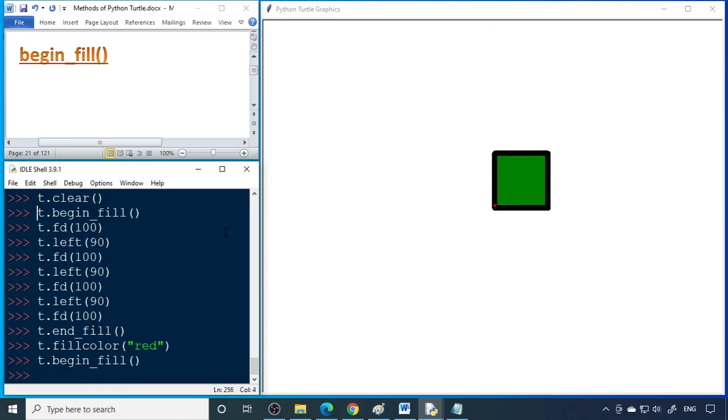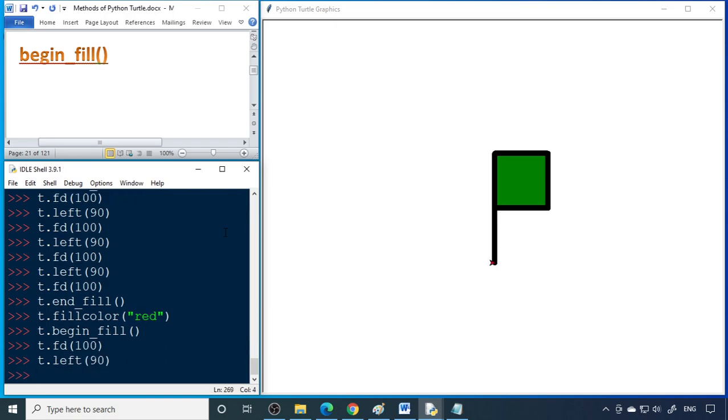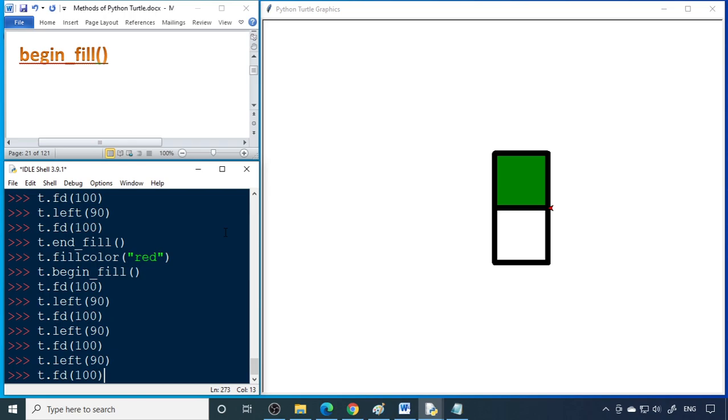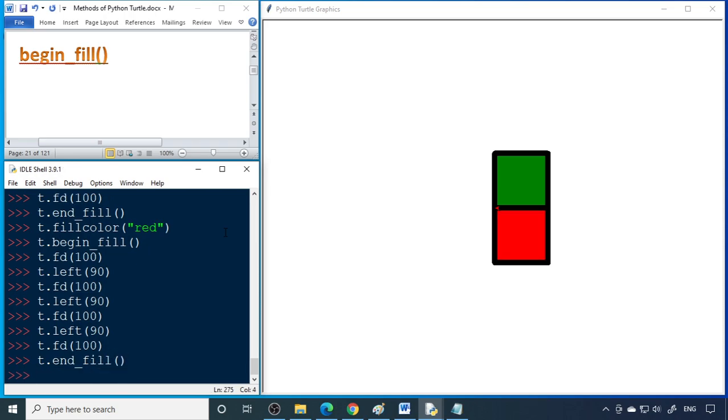Now we can move forward, take a left turn, move forward, left turn, forward, take left, forward. Now we can say end fill, t dot end underscore fill. So red color is filled. Okay, that's how you can do the fill colors.